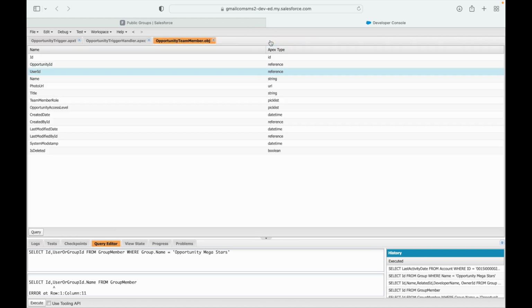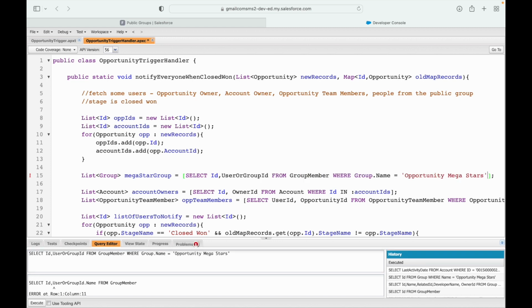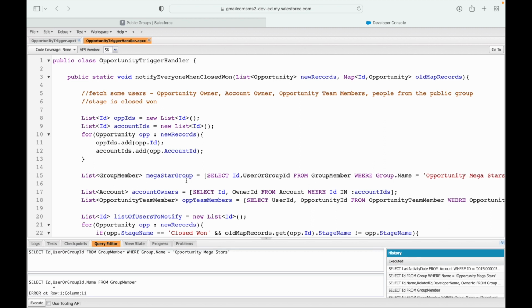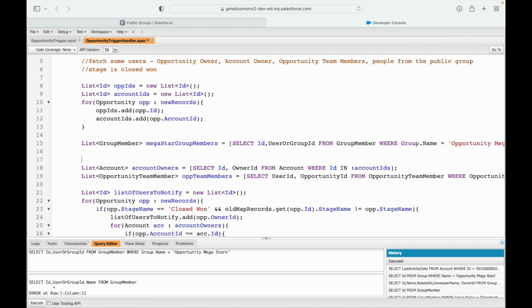So you see, to access members of a public group, you need to query the group member object. Okay. So I'll just remove this from here and let's try to save this. And this should be now list of group member. So I'll just replace and say save again. Megastar group members. So what I want is this particular value from this particular loop, right? Now I'll say for group member in megastar group members,